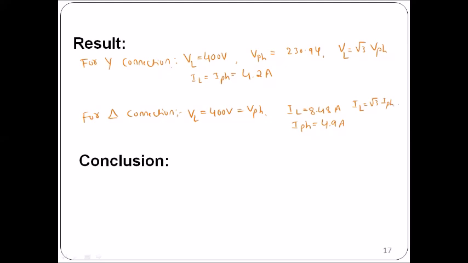So wherever these values are there, we always have to mention the units, that is volts and so on. Now finally, what we can conclude from this experiment is